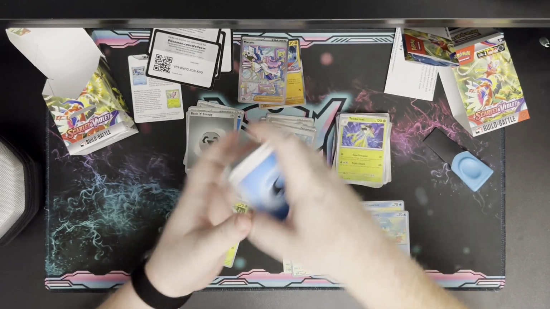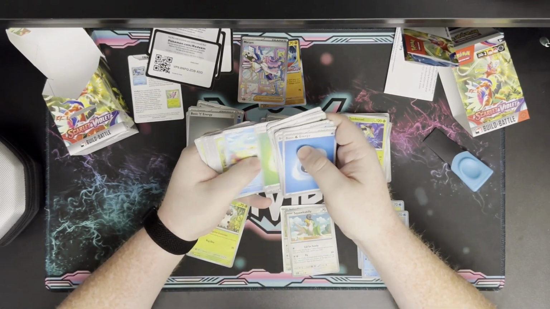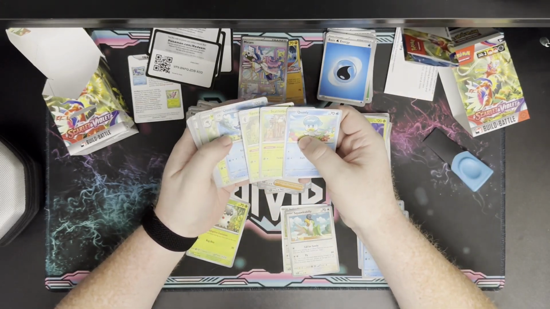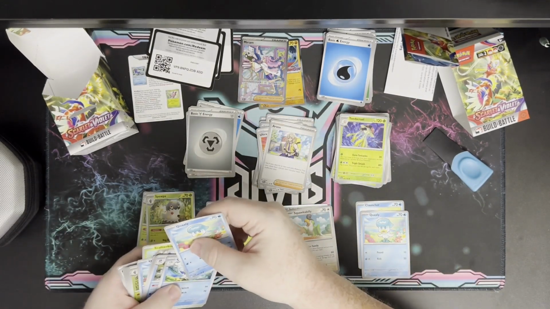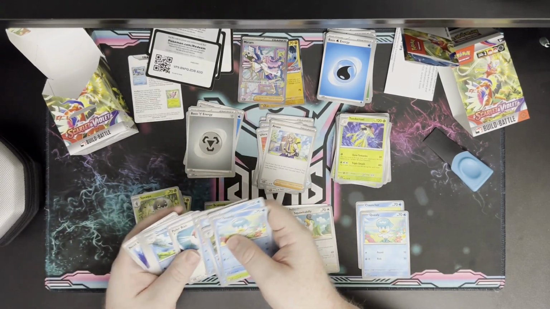So I'm going to go through and I'm going to see. Let's see, I'm going to separate the energy real quick. And then I'm running Quaxel line, but I am doing Spupa. I didn't get any extra Scatterbug, but let's take a look. So I got Spupa, got 2 Scatterbugs, 3 Spupas potentially,